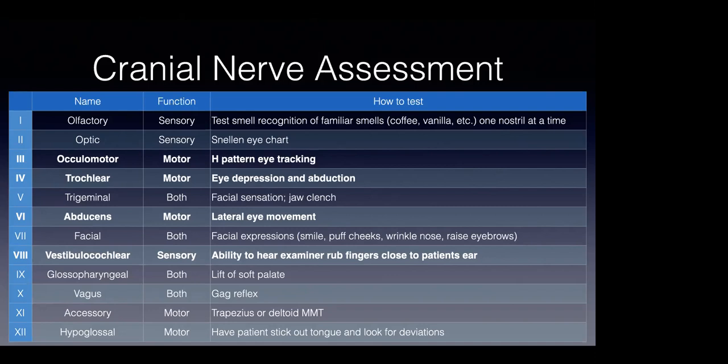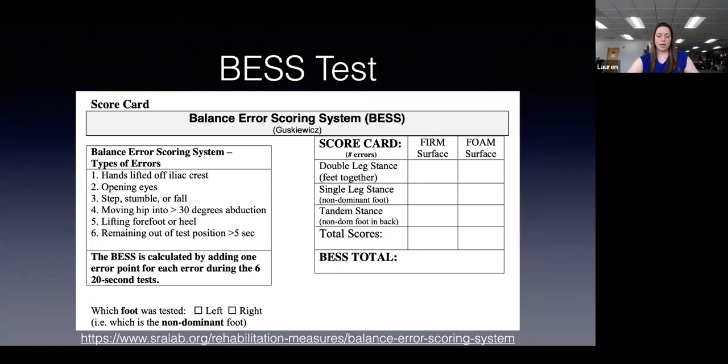Okay. All right. Moving on, so the BESS test. This is a component of that SCAT-5 that we went over before. Very similar to the modified BESS, which I know a few of us will commonly do. Just need to have a normal floor surface and a foam surface available, and a stopwatch or just some ability to time them. This does go through the